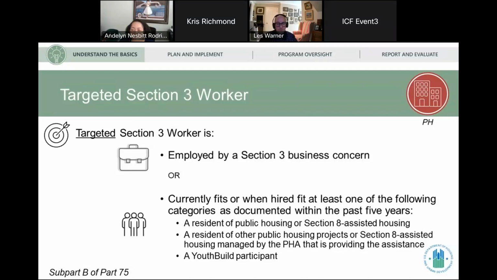So this not only allows you to count workers that would qualify in your existing workforce, but also gives this benefit that if you are hiring eligible workers, you will continue to be able to count them for up to 5 years going forward. So it really does encourage not only hiring these workers, but keeping them as part of your workforce.